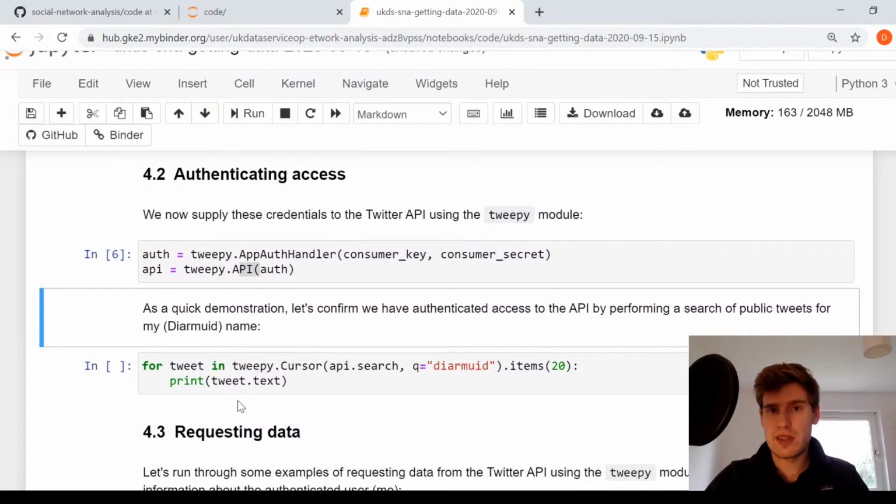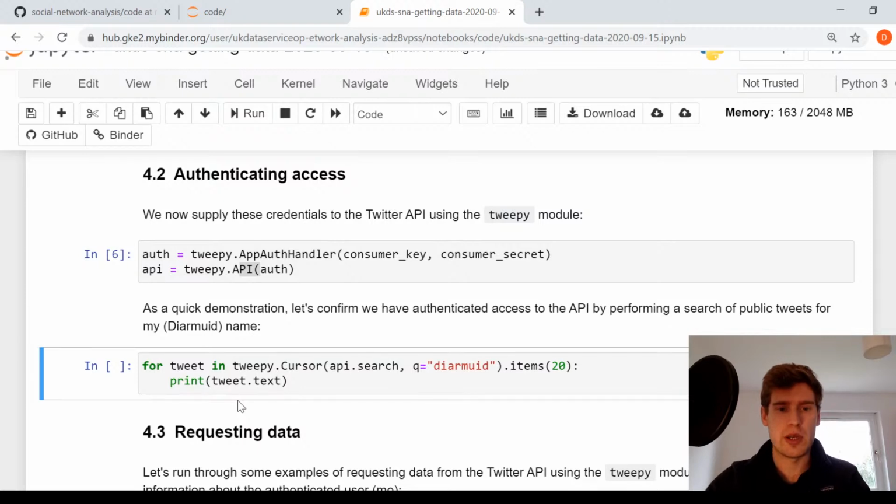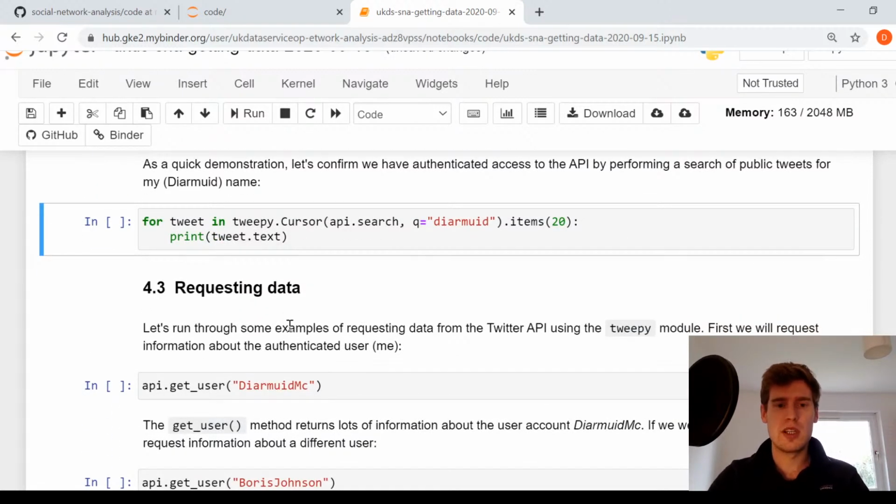So again, the best thing we can do here is, in case we're confused of what did we pass to who, was the connection made, am I now allowed to request data, let's actually try and request some data. So I've written a really simple command here. I'm basically saying,